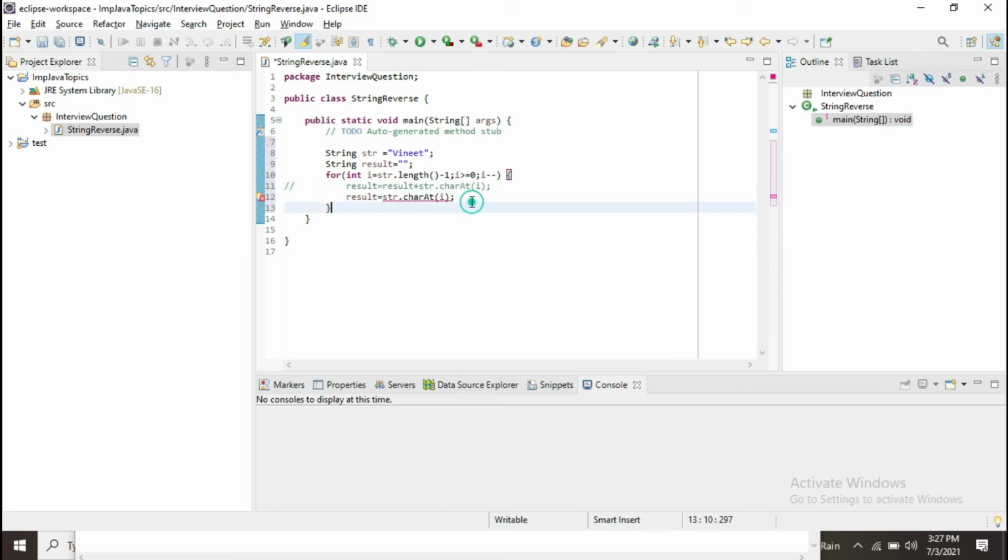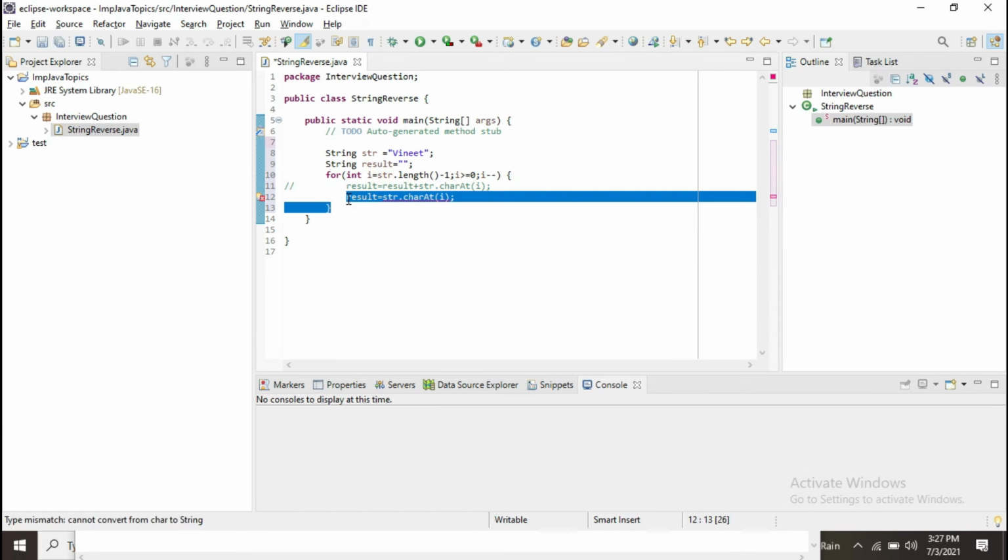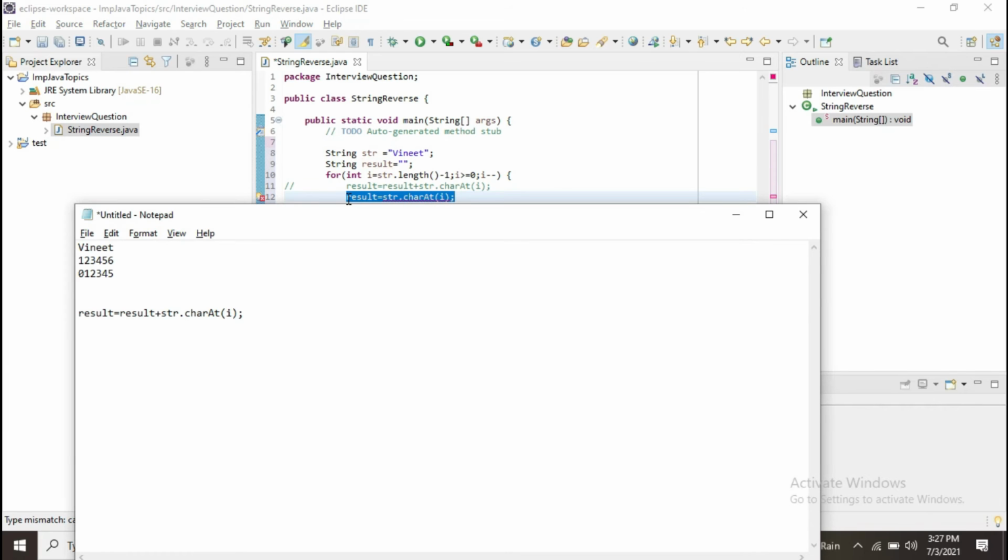My other case is this one. Now if I use this one, let's talk about this first.